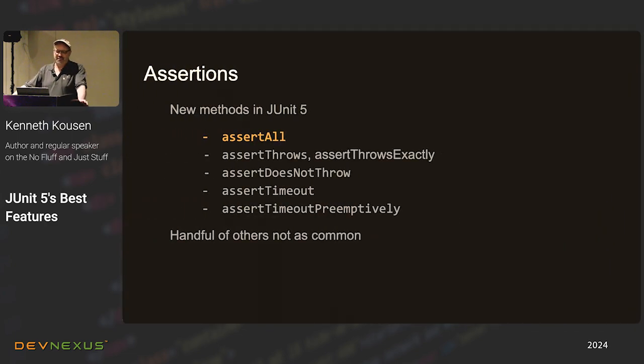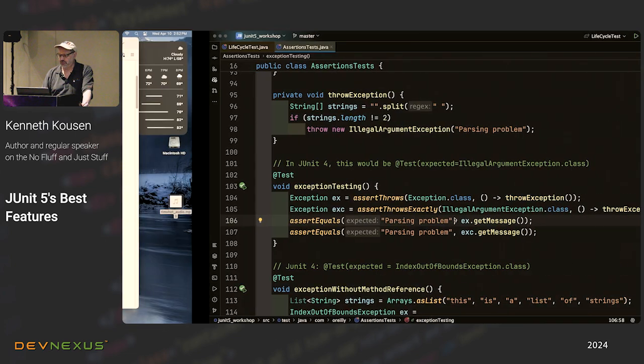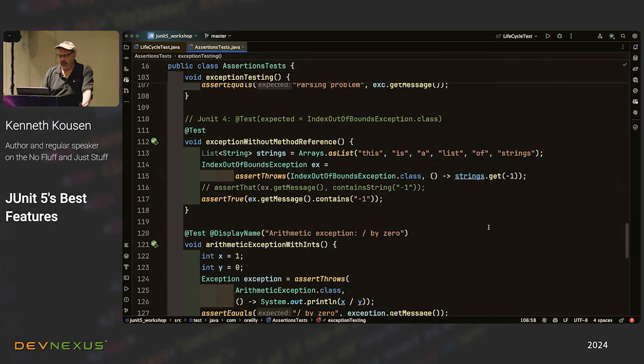Now, assert does not throw is basically just documentation. What you're saying there, because after all, if you're not expecting an exception and one happens, the test fails, okay? So when you say assert does not throw, you're basically saying you might have expected an exception out of this, but it doesn't happen. No exceptions are thrown here. And in looking for a use case for that, what I've come up with is that